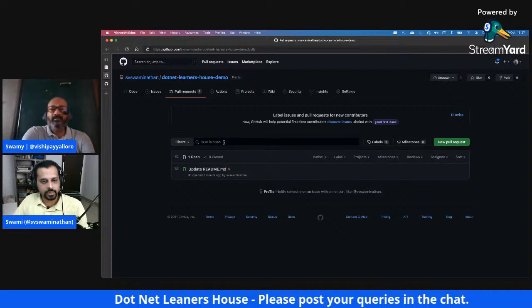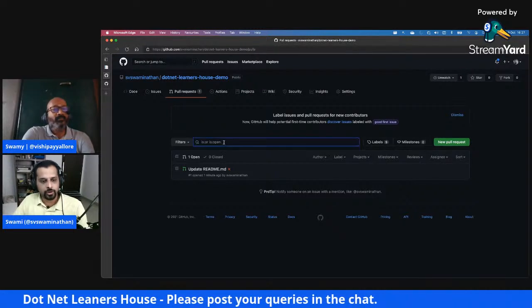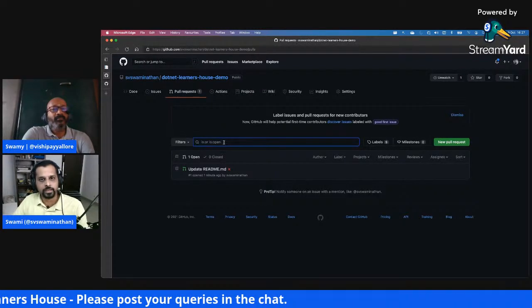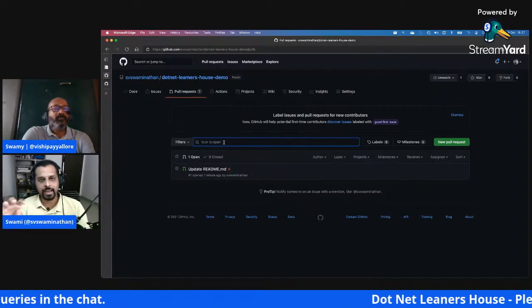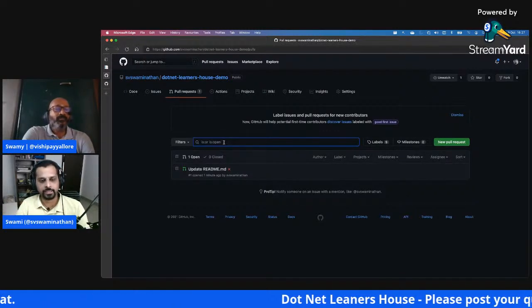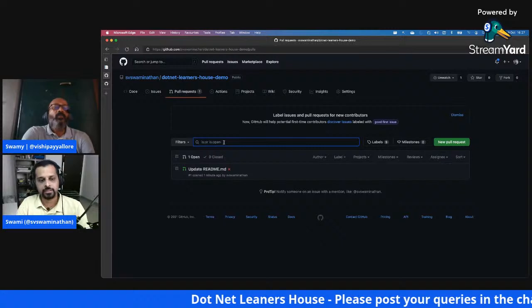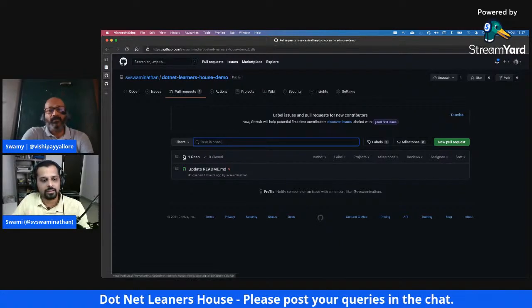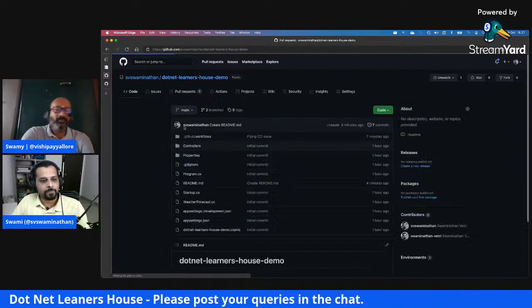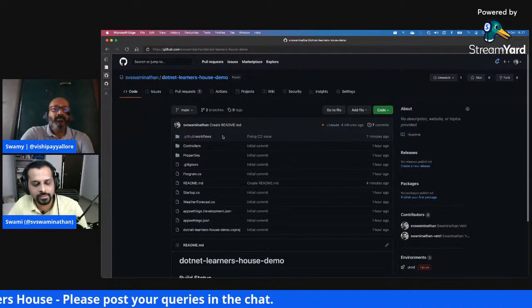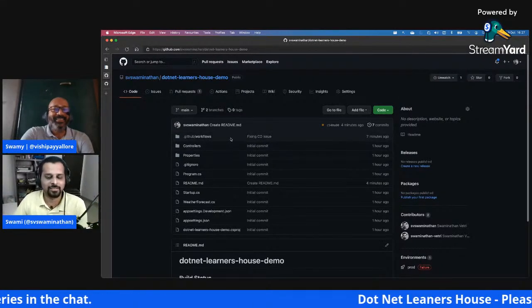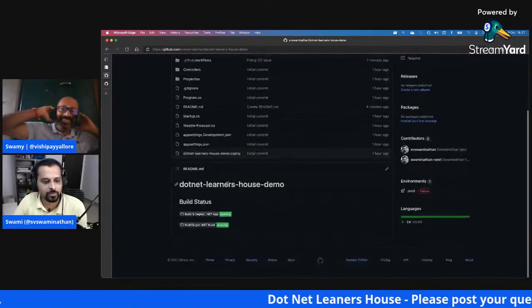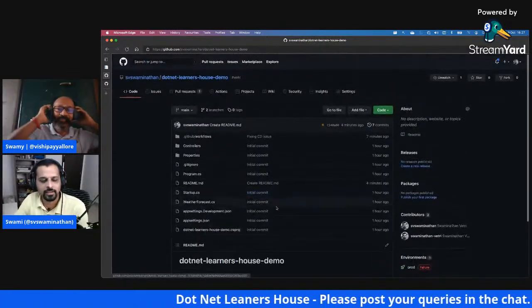Most of these actions are created using JavaScript, and you can also create actions which run in a Docker container, right? You can technically write a C# program or whatever, and then Dockerize it, and then use that Docker container as a custom action in your steps, right? That's also possible. So it is in pretty good shape now since the time it's been launched, right? You can very well start looking at it and start leveraging these.